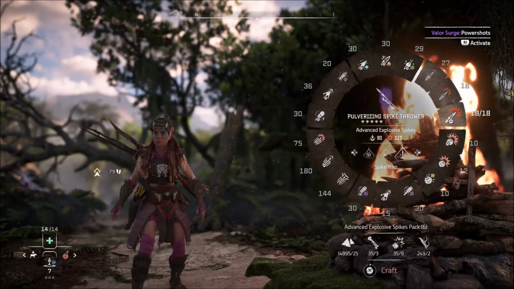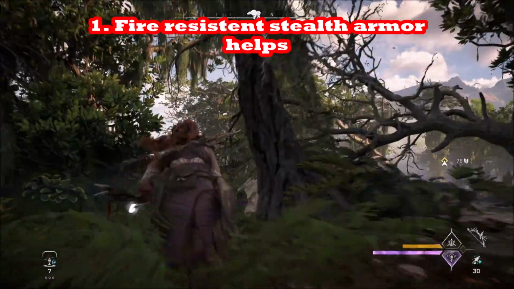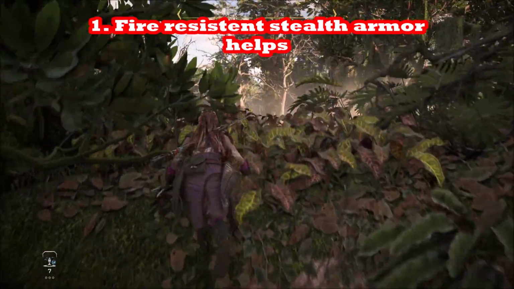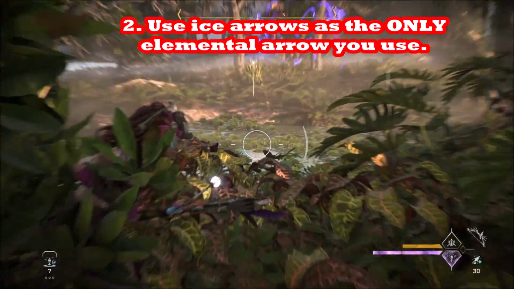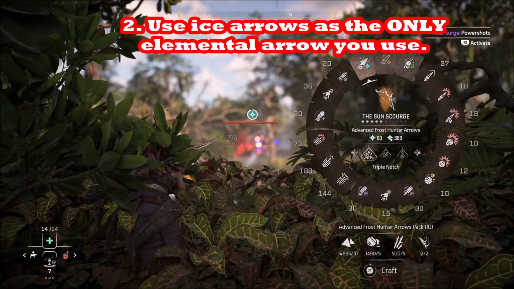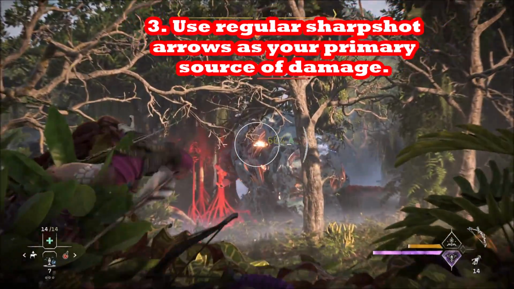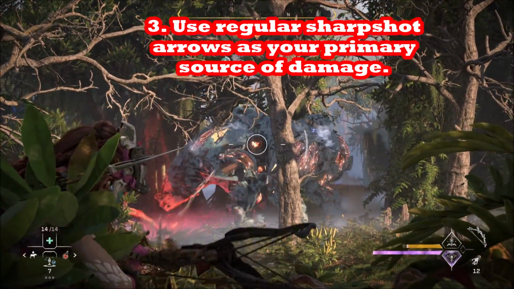The first thing I would say is a stealth armor set is great because you're less likely to be aggroed here. You want something that is resistant to fire, because you will get fired upon. So right now we're stealthing in. We're using, I guess, 2 arrows, which I think is sufficient, if you've got the legendary bow for elemental damage to set off his